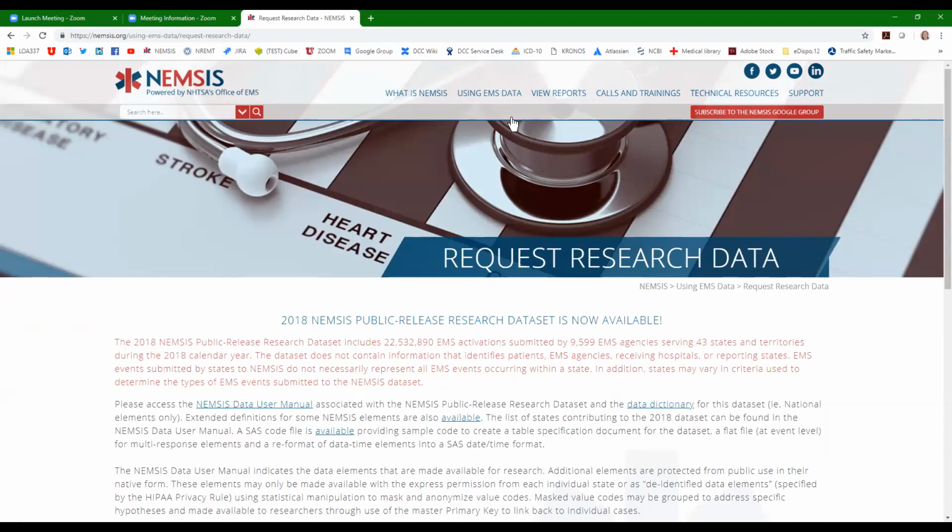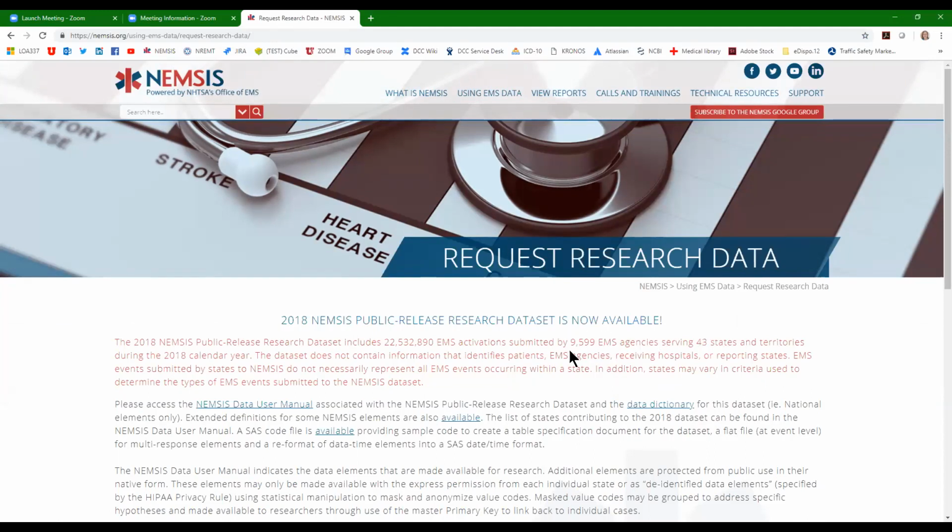Here you can see the notice for the data set that's available. It includes more than 22 million EMS activations submitted by 9,599 agencies in 39 states and territories. It is a tremendous data set.